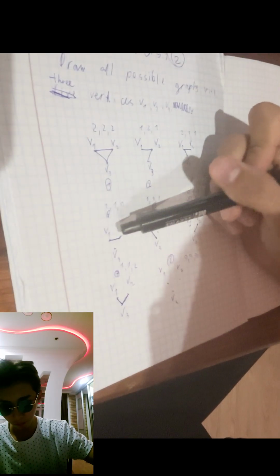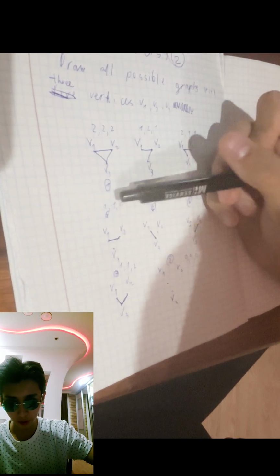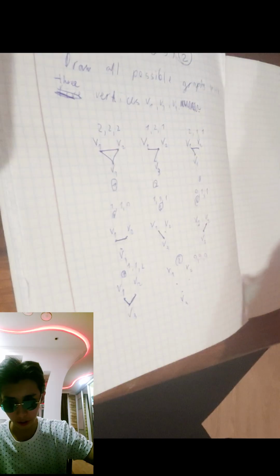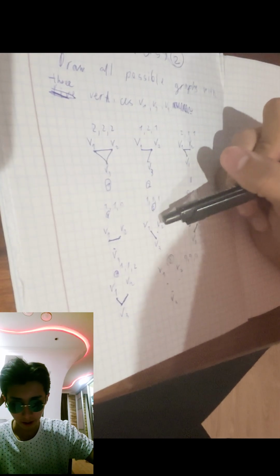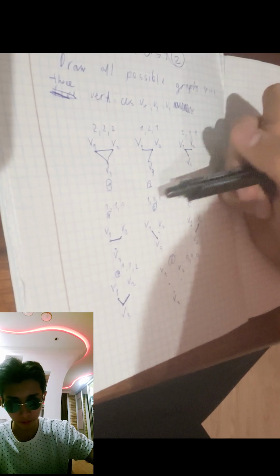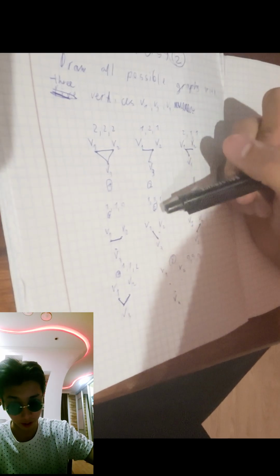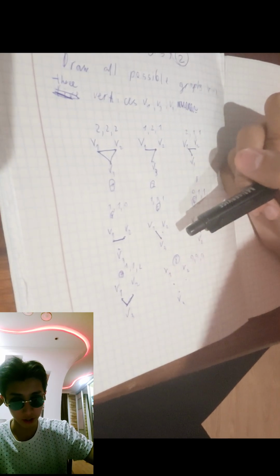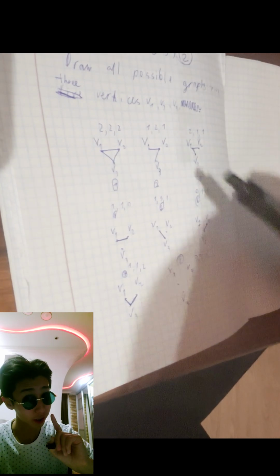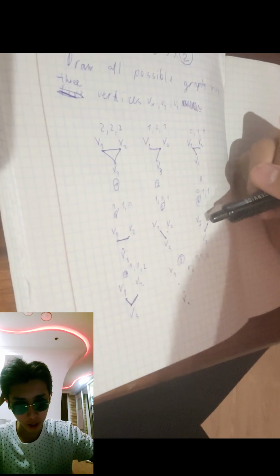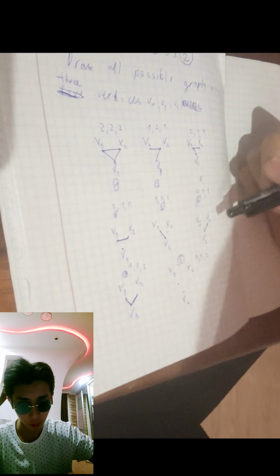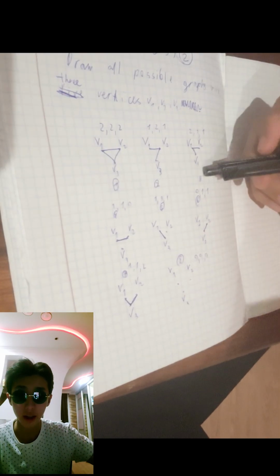Fourth graph has V1 1 connection, V2 1 connection, and V3 0 connections. Fifth graph, V1 has only 1 connection, V2 has 0 connections, V3 has also only 1 connection. Sixth: 0, 1, 1. V1 has 0 connections, V2 has 1 connection, V3 has 1 connection, and